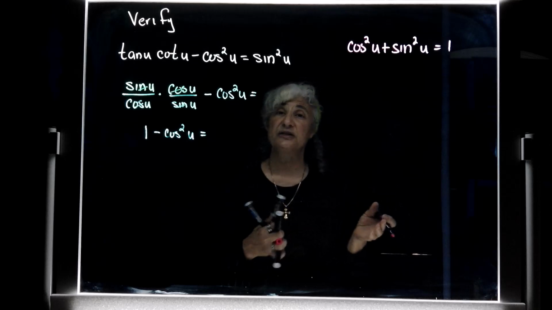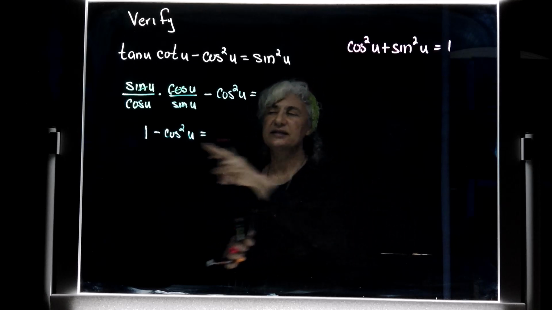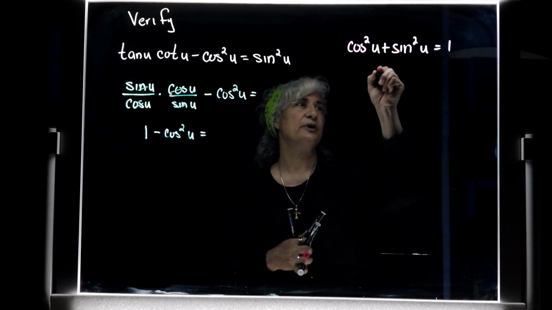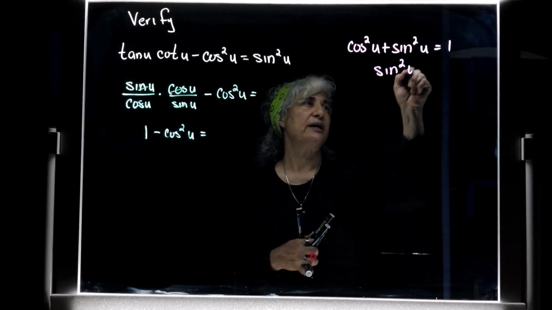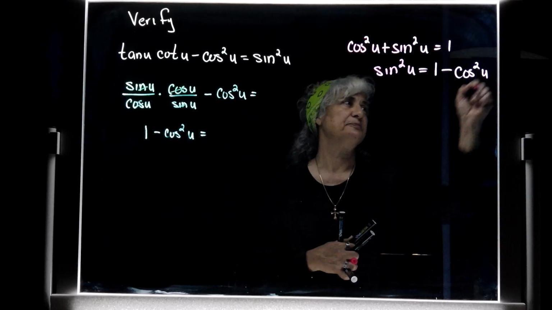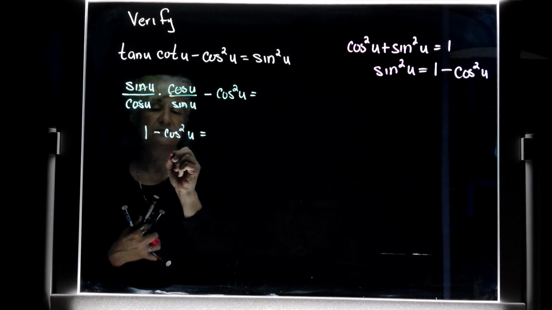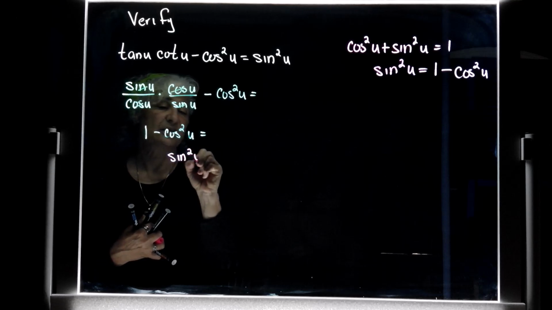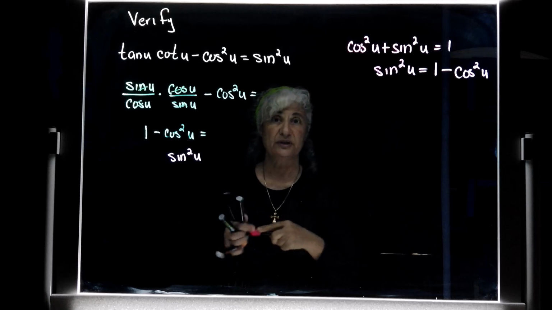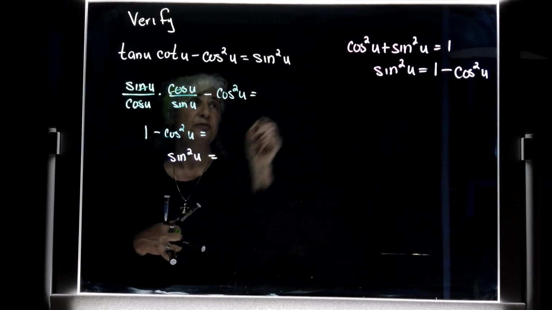Now, it's an equation, so I can rearrange the equation any way I'd like. And since this says 1 minus cosine squared, I'm going to subtract the cosine squared on both sides. So I get sine squared equals 1 minus cosine squared. I'm going to make that substitution. So I'm going to substitute sine squared in for 1 minus cosine squared u. And that equals, lo and behold,